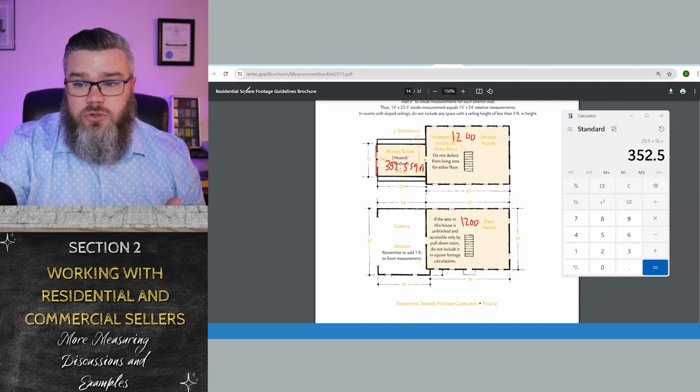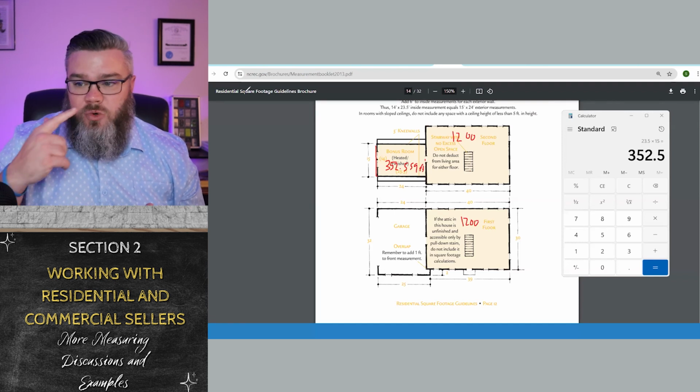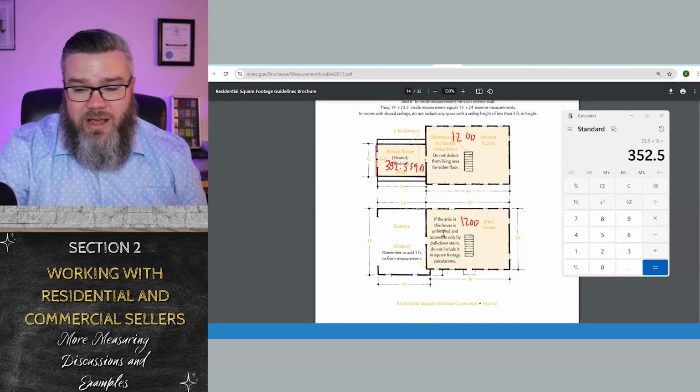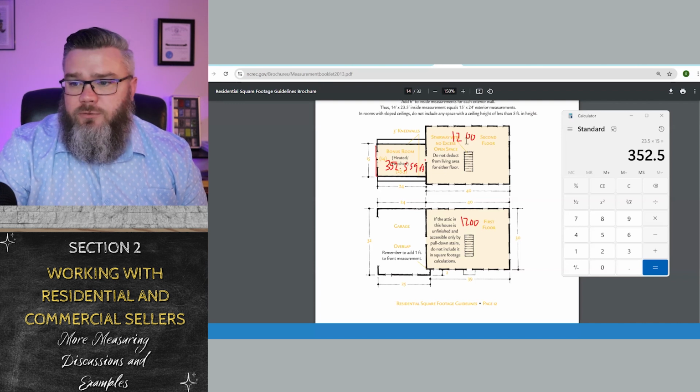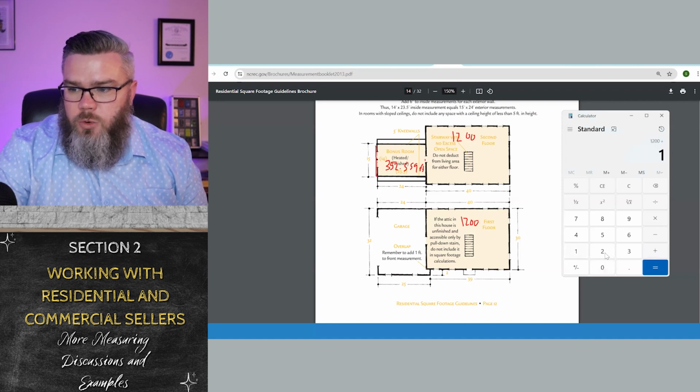And now for this house, if I say, give me the total square footage, on your graph paper you'd have exactly this. Your first floor, showing your calculations of 1,200, and the garage you're not counting. Your second floor, which is your B square, and then your C rectangle. And so you would add them all together. 1,200 square feet of living space on the first floor, 1,200 square feet of living space on the second floor,